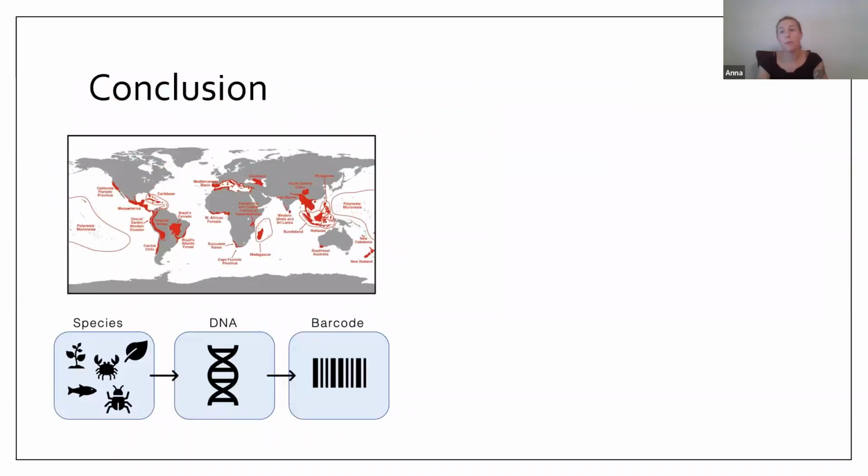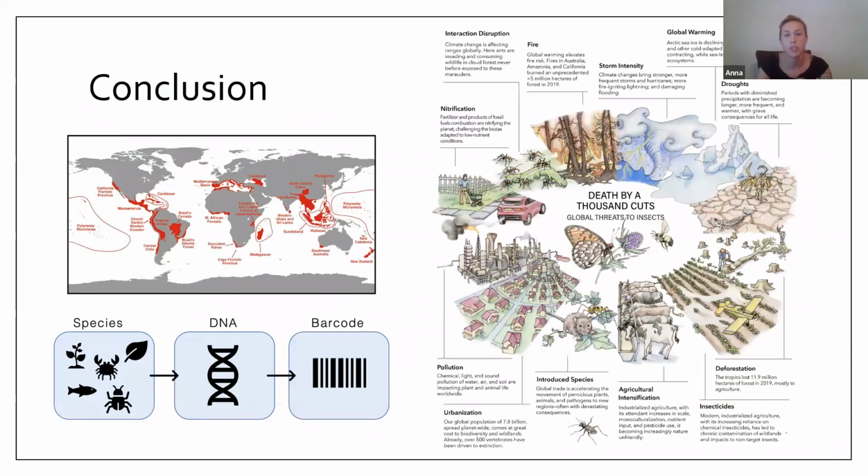So just kind of wrapping it up, obviously these methods I think are really powerful in allowing us to begin to document biodiversity in these places that have been historically really understudied, and allow us to respond in a way that we haven't been able to to global change. And so allowing us to monitor communities in ways that we haven't been able to in the past. And the FIRE project is a really good example of that, in which we're able to, within the space of a year, collect the samples, sequence the samples, and start understanding how they're responding in a really short amount of time.